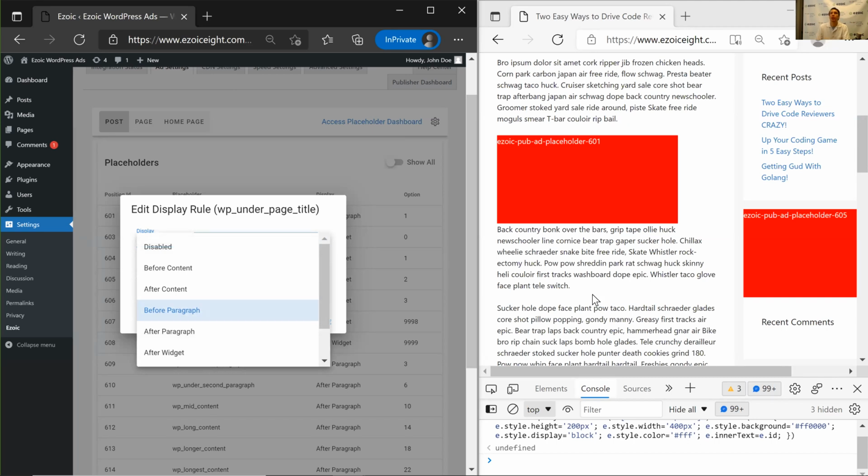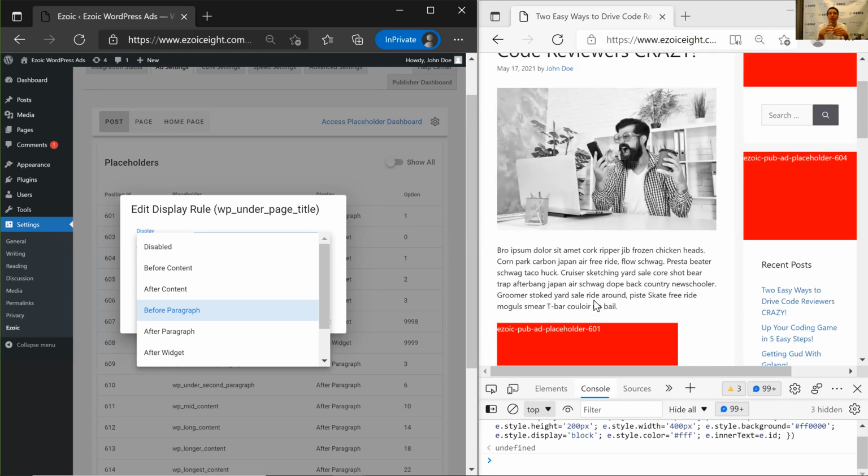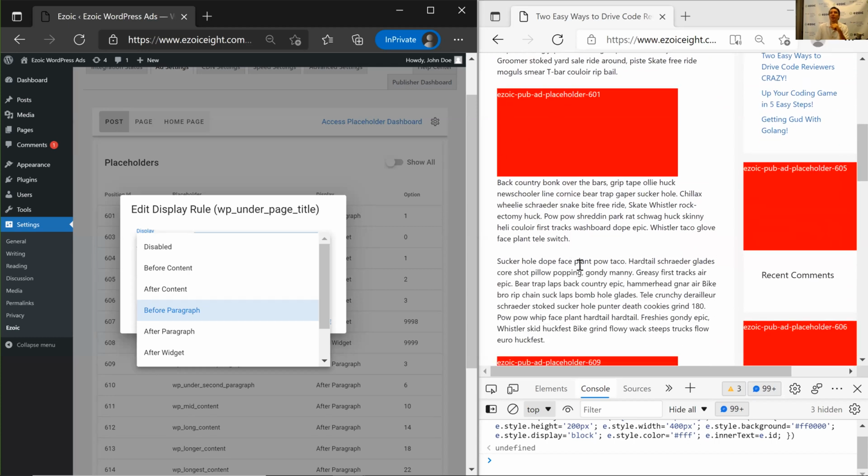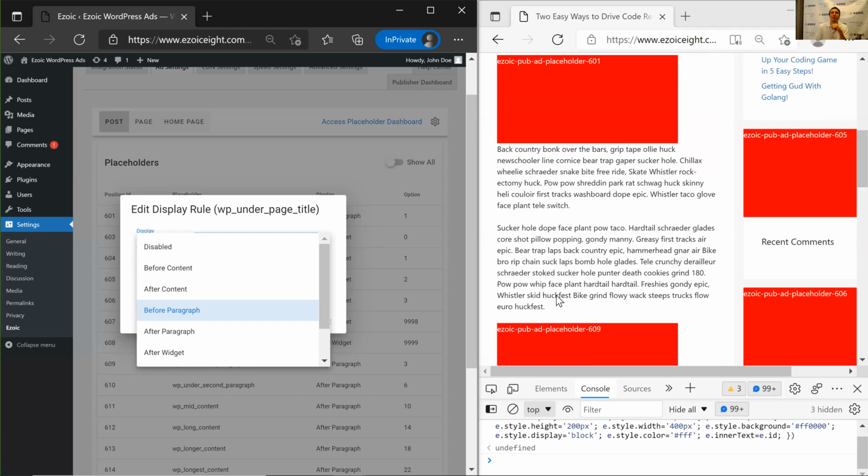So if you consider each paragraph a block, right, that represents engagement on your website, you'll want to pepper your ads throughout your website in such a way that as people are reading, there is an opportunity for engagement. So as you can see, we've got these all set up throughout here,